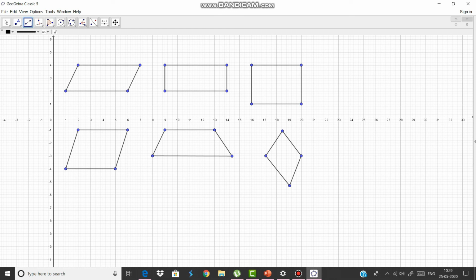But a trapezium is never a parallelogram, because the property of the parallelogram is never fulfilled by the trapezium. So a trapezium is different from the parallelogram. Rectangle and rhombus. So parallelogram, so rectangle and rhombus, all sides are equal. Two pairs of opposite sides are equal. Two pairs of opposite sides are also equal.